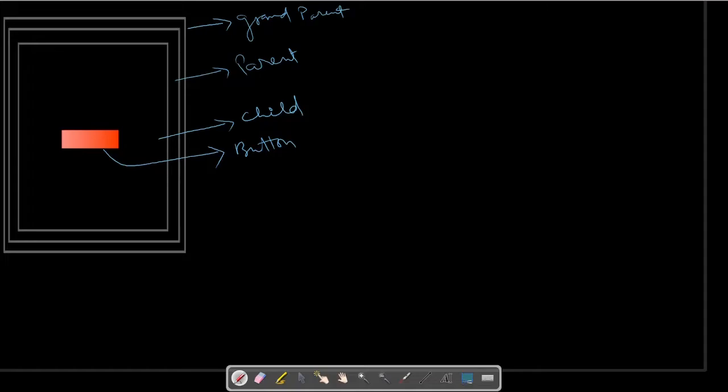So you know that we can add an event listener to any DOM element or any HTML element by using document dot addEventListener. This function takes three arguments. Basically, by default, you can pass two or three or more arguments.